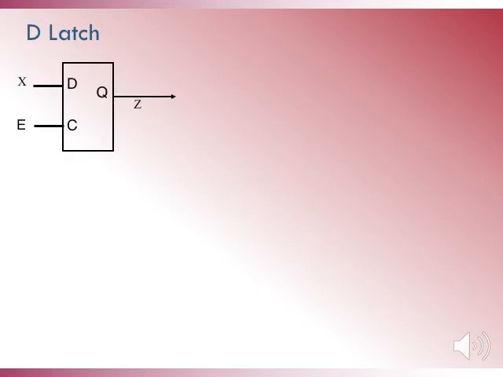The same D latch here is shown in the form of a box. The input D here is referred to as X. The control input C is also called E. The output Q is referred to as Z. We show the control input in the form of a waveform. The arrow shows the part